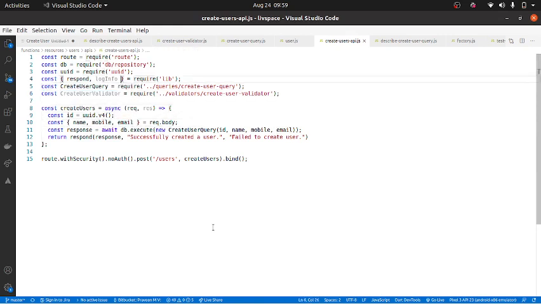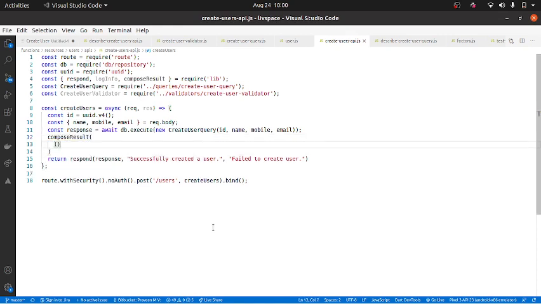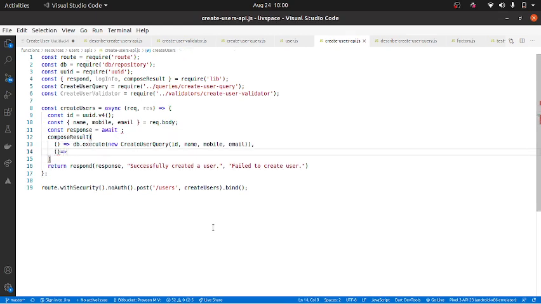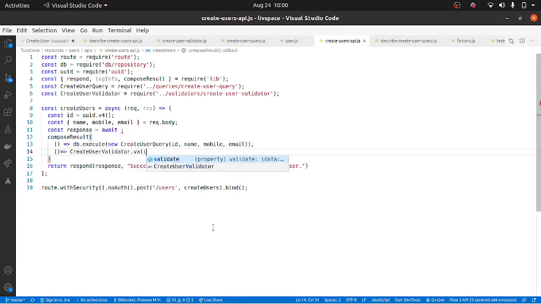We basically need to do this one, so I'll use composeResult here. Result, this is taken care of. What we need to do is composeResult. Here we need multiple calls. One is your db.execute, which I'm passing here, and also we have your validator call. So createUserValidator.validate, and here I am passing this.